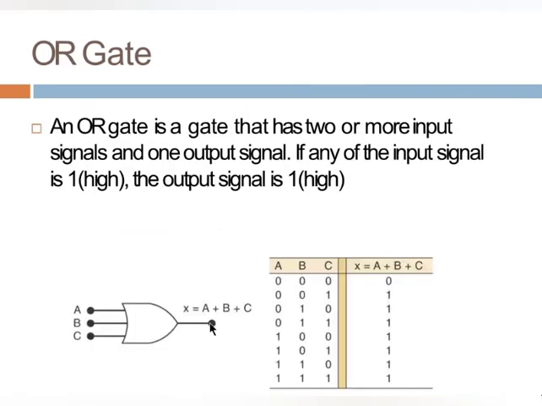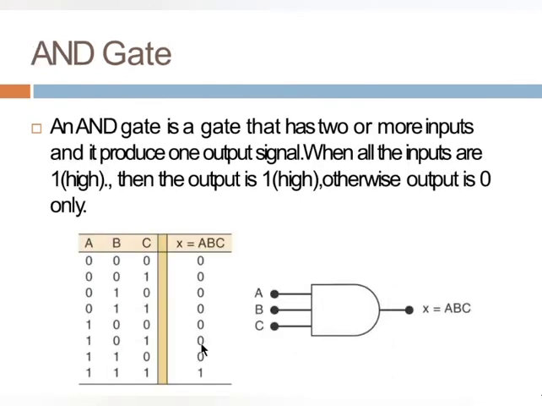Once again, the gates: OR gate, symbolic representation, please learn it by heart. This is an OR gate with 3 inputs and a common output. Do not consider it as always an OR gate with 3 inputs. It accepts 2 or more inputs but produces only a single output. This AND gate also accepts 2 or more inputs and produces a common output too.